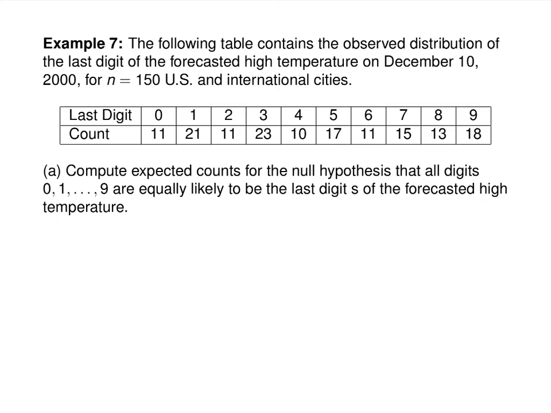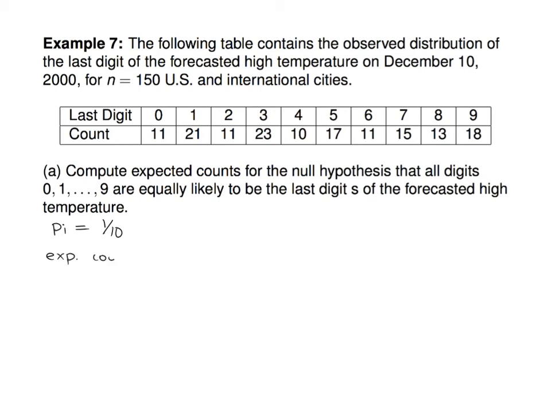The following table contains the observed distribution of the last digit of the forecasted high temperatures on December 10th, 2000 for all 150 U.S. and international cities. Compute the expected counts for the null hypothesis that all digits 0 through 9 are equally likely to be the last digits of the forecasted high temperature. Okay, well, since we have 10 different digits and they're equally likely, probability that each one is chosen is 1/10,